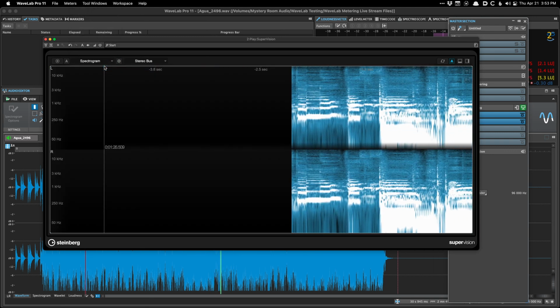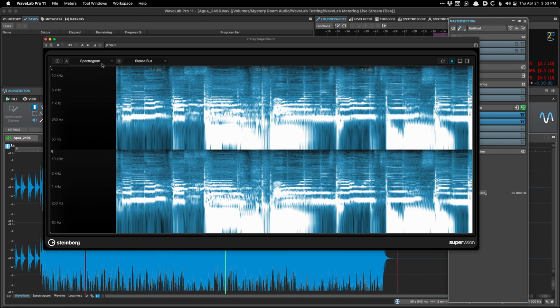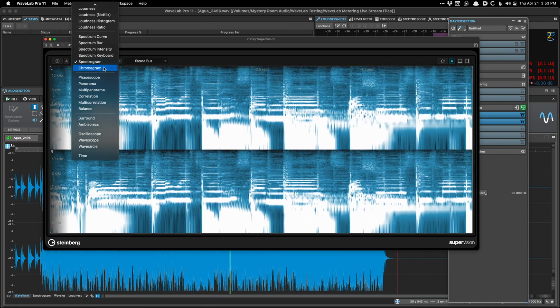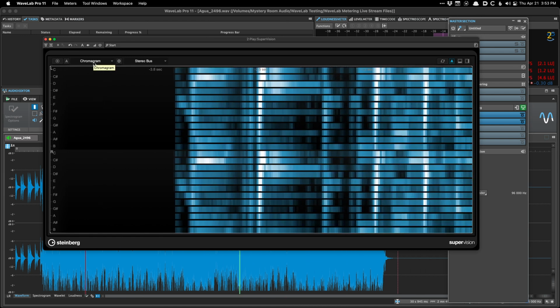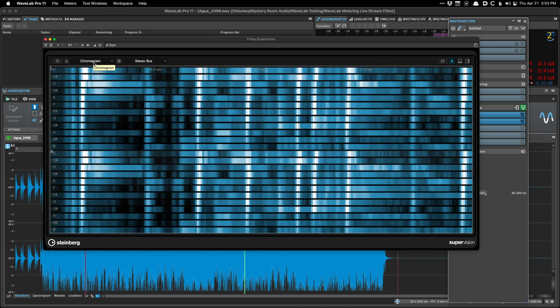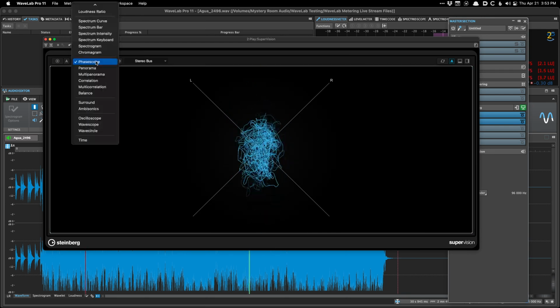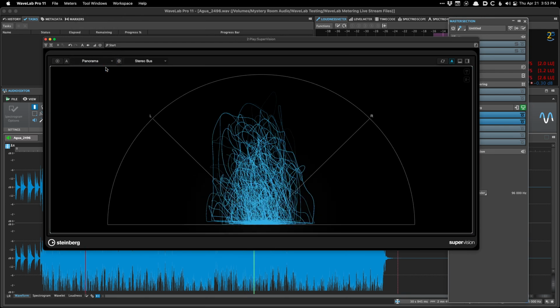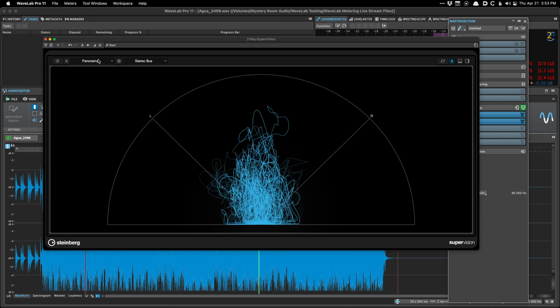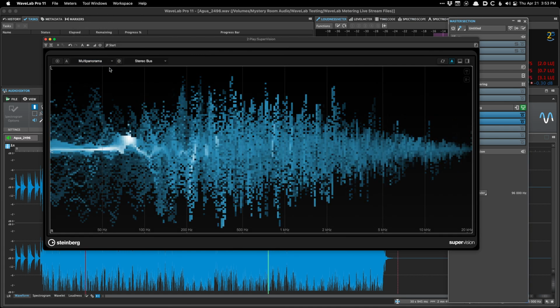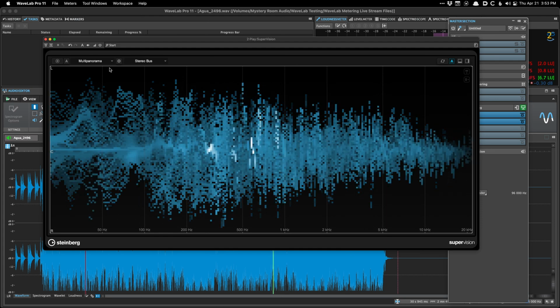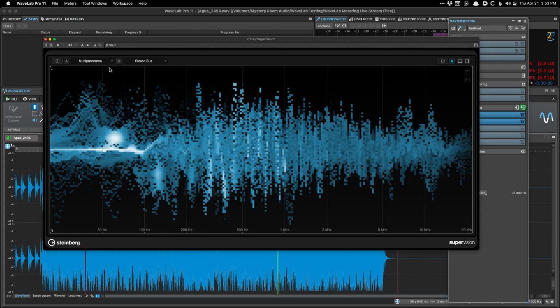Spectrogram, we talked about this. WaveLab has one internally, but it's also available in the Supervision plugin. Chromogram, don't know what this is for, but it looks interesting. Phase scope, pretty self-explanatory. Panorama, multi-panorama, which again is one of my favorites because you get some information about, when you can really see